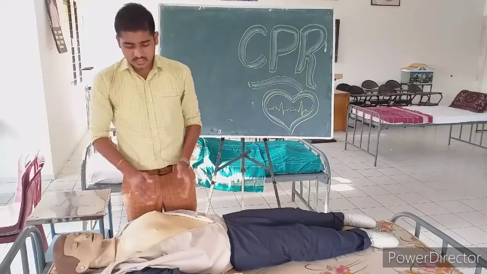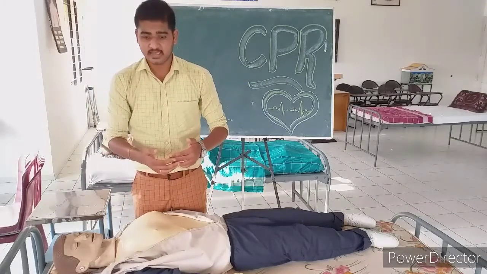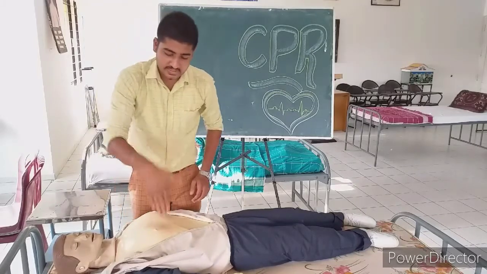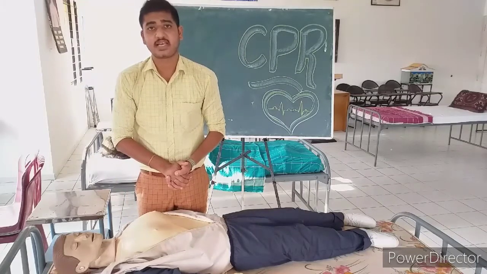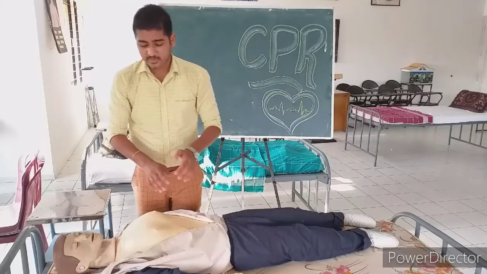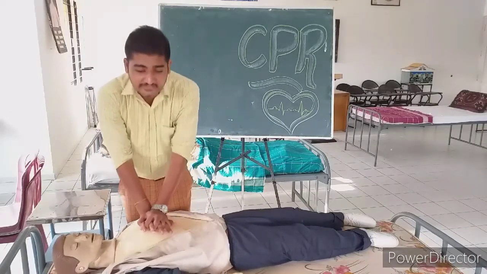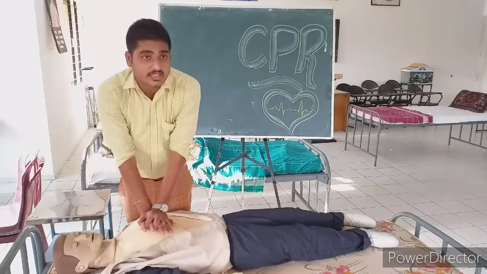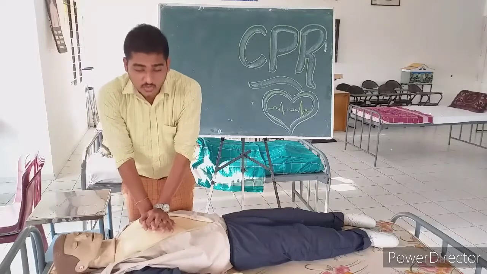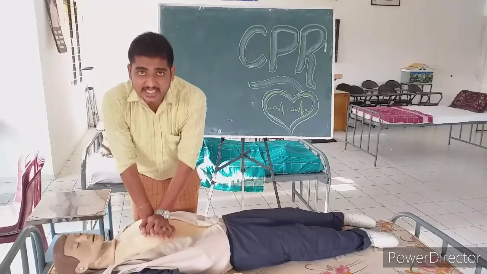Okay. So this is about the compression. It must be fast and hard. The rate is 100 to 120 per minute. The depth is 5 centimeters in adults and 1 to 2 centimeters in case of infants. Now when you are giving the compressions, you shouldn't stop. It must be continuous. If you get tired, you can call somebody else from the nearby place. You can call for help. You can ask them to watch how you are giving the compressions, and the same way they can continue